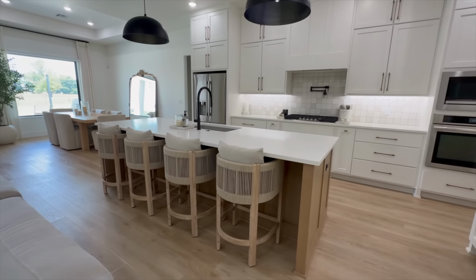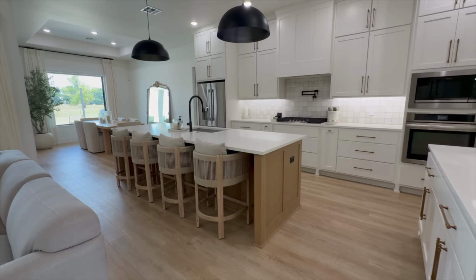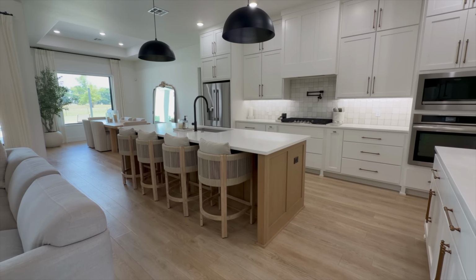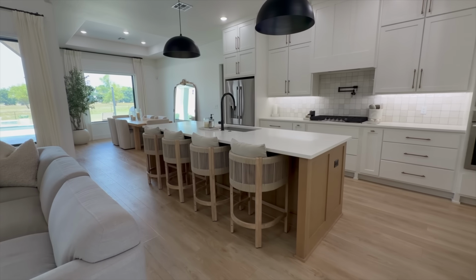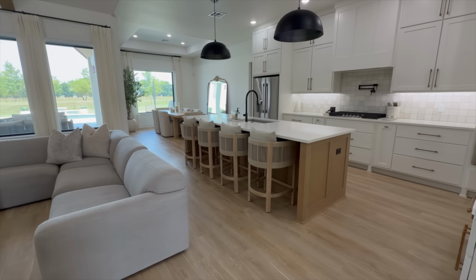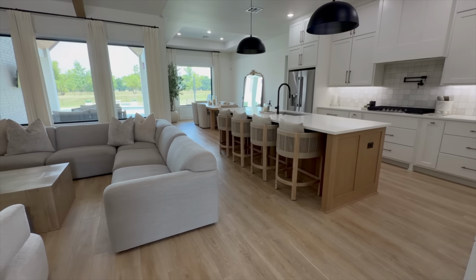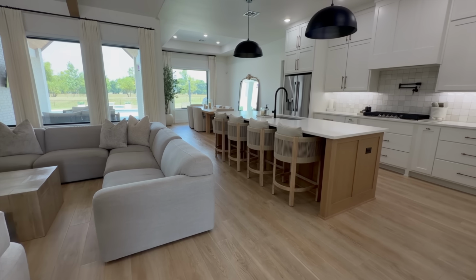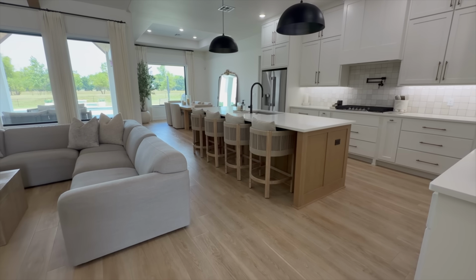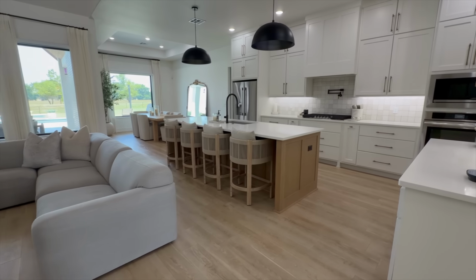The bar stools I love. It took me a while. Sometimes it takes you a while to figure things out. It took me a while of trial and error to get the right bar stools, and I've been happy ever since. So I think you guys were with me on these itch to switches when I was learning my style, and it took a while to get it right. But now I love it because I don't care if dark wood's in style. I don't care what it is. As trends come and go, I'll add them in a subtle way, but this is my style